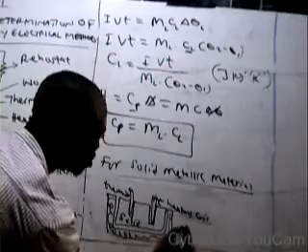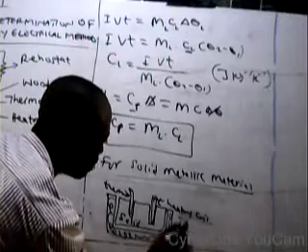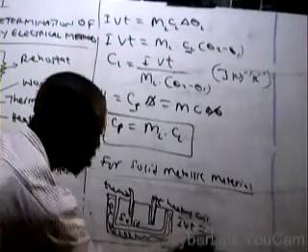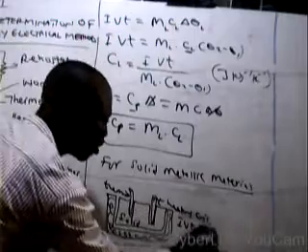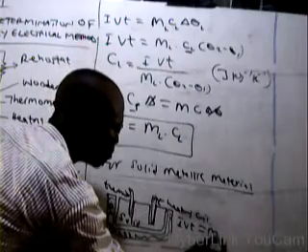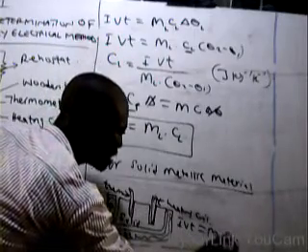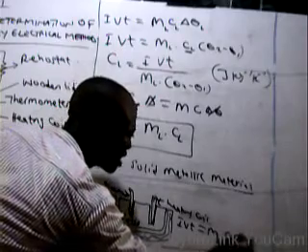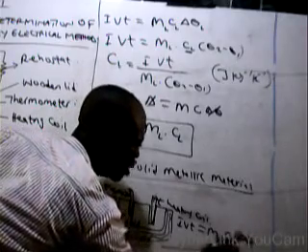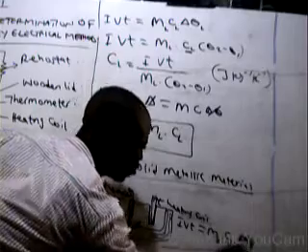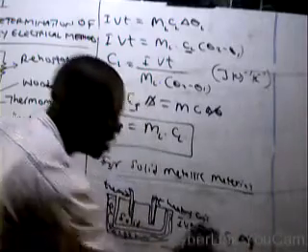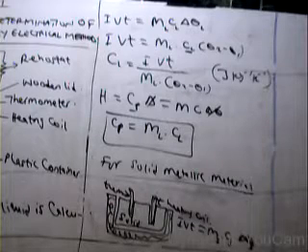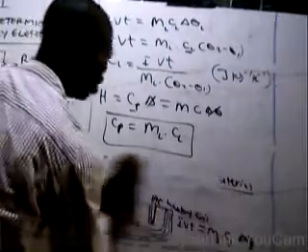So after the whole process, the heat lost by the heater, IVT, will be equal to the heat gained by the metal block. That is the mass of the solid, specific heat capacity of the solid, times change in temperature of the solid. So in this case, we just make Cs the subject of the formula. So that's how we can use the electric method for solids as well. So let's go to the precautions.